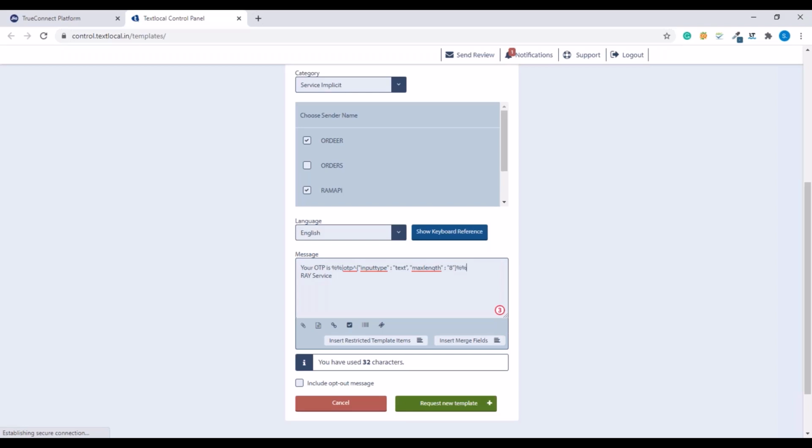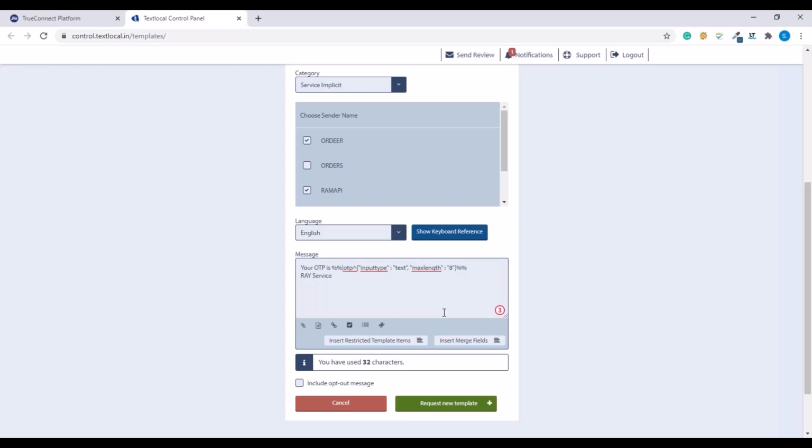The first few things are, there cannot be any additional or missing line breaks and spaces in your content. That means the content that you add in TextLocal has to match word for word, space for space with the one that is approved in DLT. So if, for example, I had tried to get this approved in TextLocal, my messages would have started failing because there is a missing line break. So I'll have to ensure the line breaks are consistent.